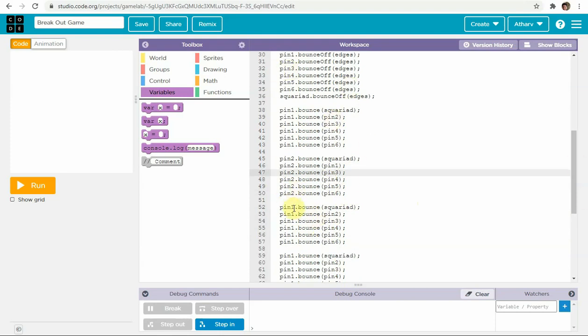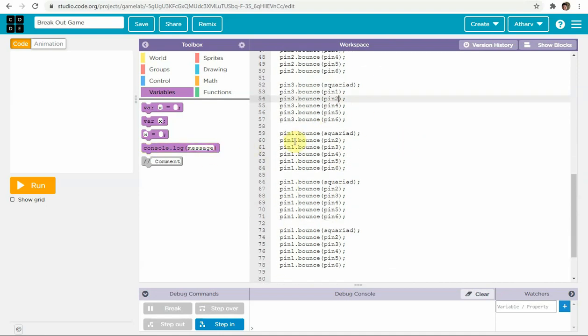Now let's move on to pin 3, with pin 1, 2, 4, 5, 6. Right. Now pin 4, with the others, okay.